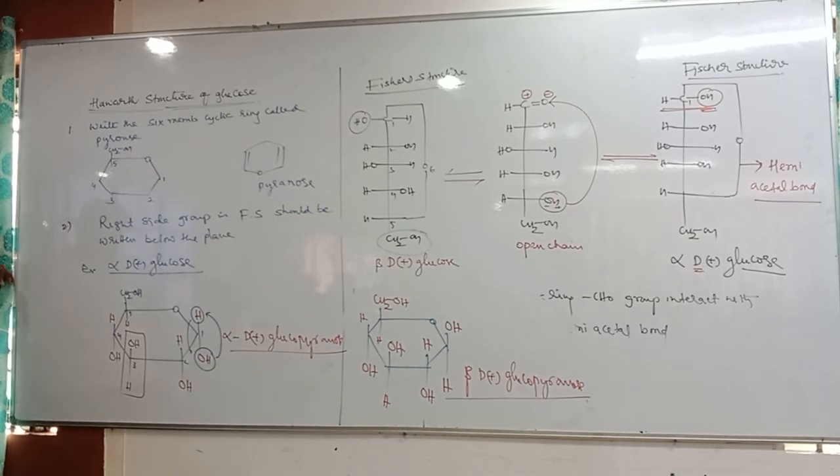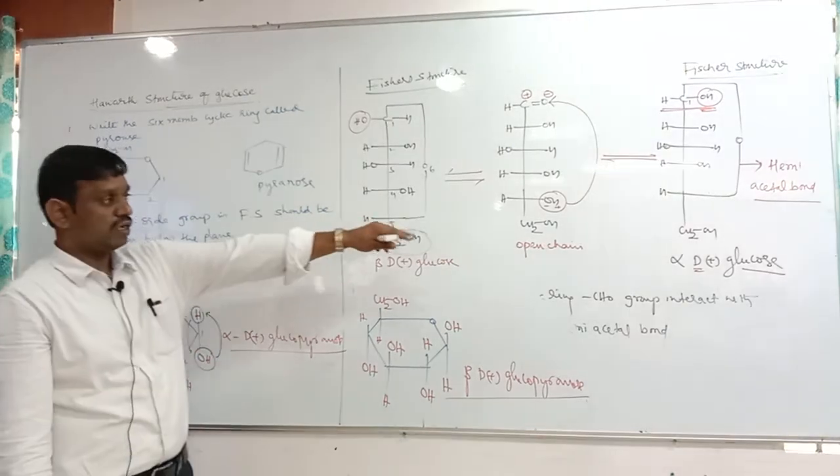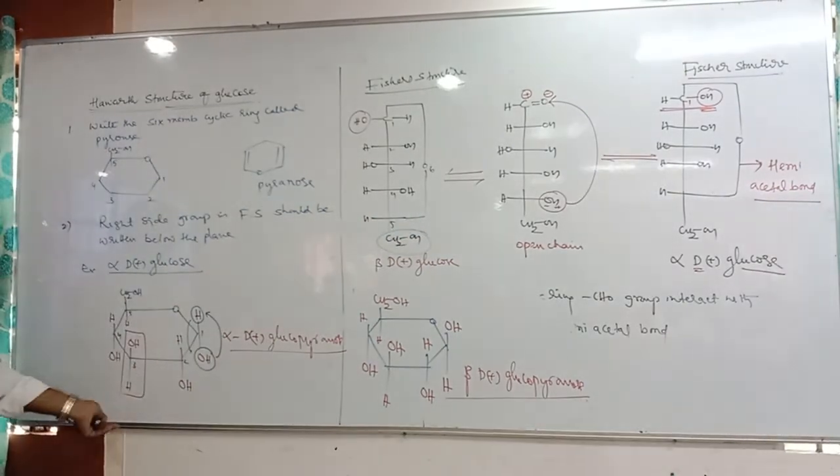If you remember the alpha glucose structure, we have similarity with fructose, mannose, galactose; all these have similarity. Finally, the conclusion is how to remember this structure. We actually derived it from the Fischer structure, but we need to remember this directly. Questions based on this are the most important.